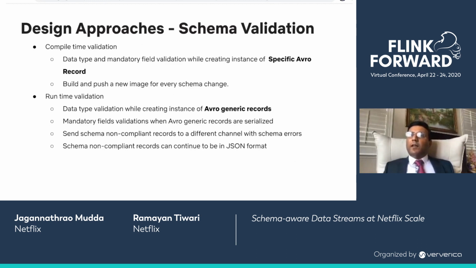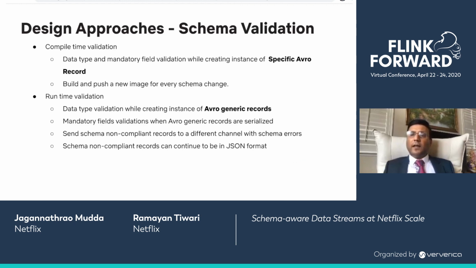The next phase is schema validation of these event records. Since we are verifying the event records as part of the schemafication, we have evaluated validation support from Avro. Avro has an option of defining Avro specific record, a POJO, for event type. The Avro event factory can create an instance of Avro specific record which will validate the data type of each field. The constructor of Avro specific record can enforce mandatory fields to be passed while creating the object itself. This validation is done at compile time when the record is getting generated. However, it requires building and pushing a new image for every schema updates. Hence, we didn't go with this approach.